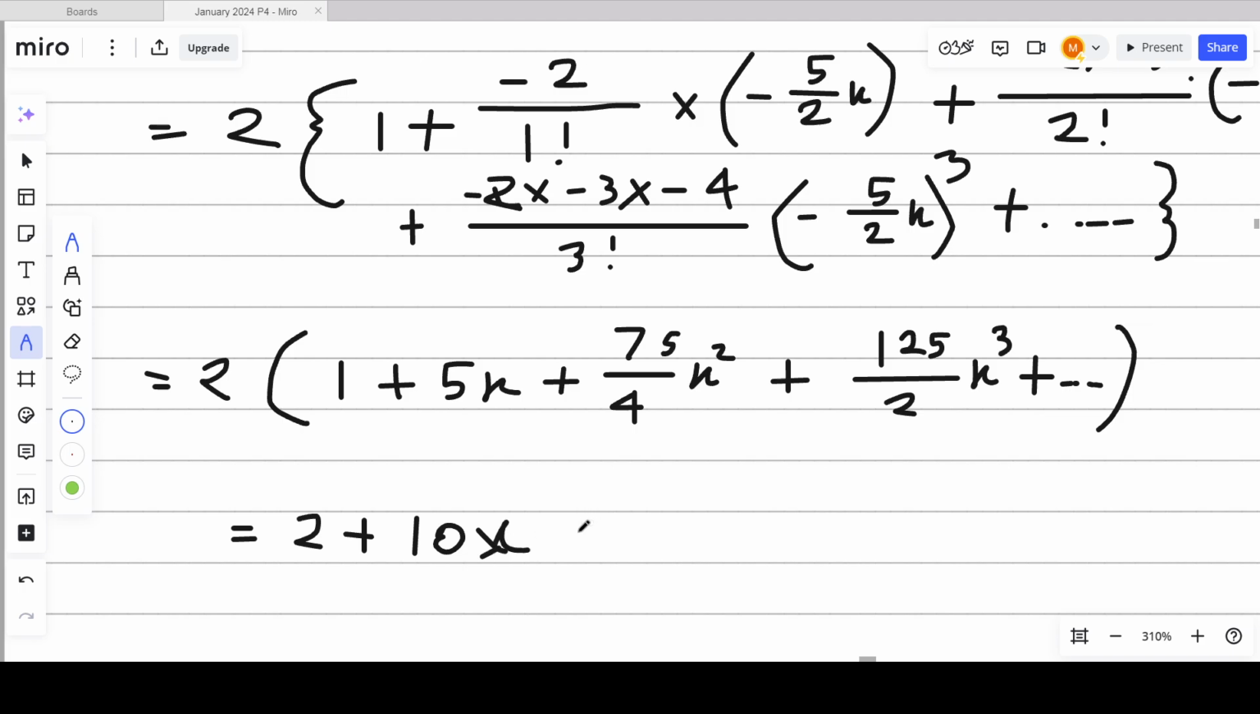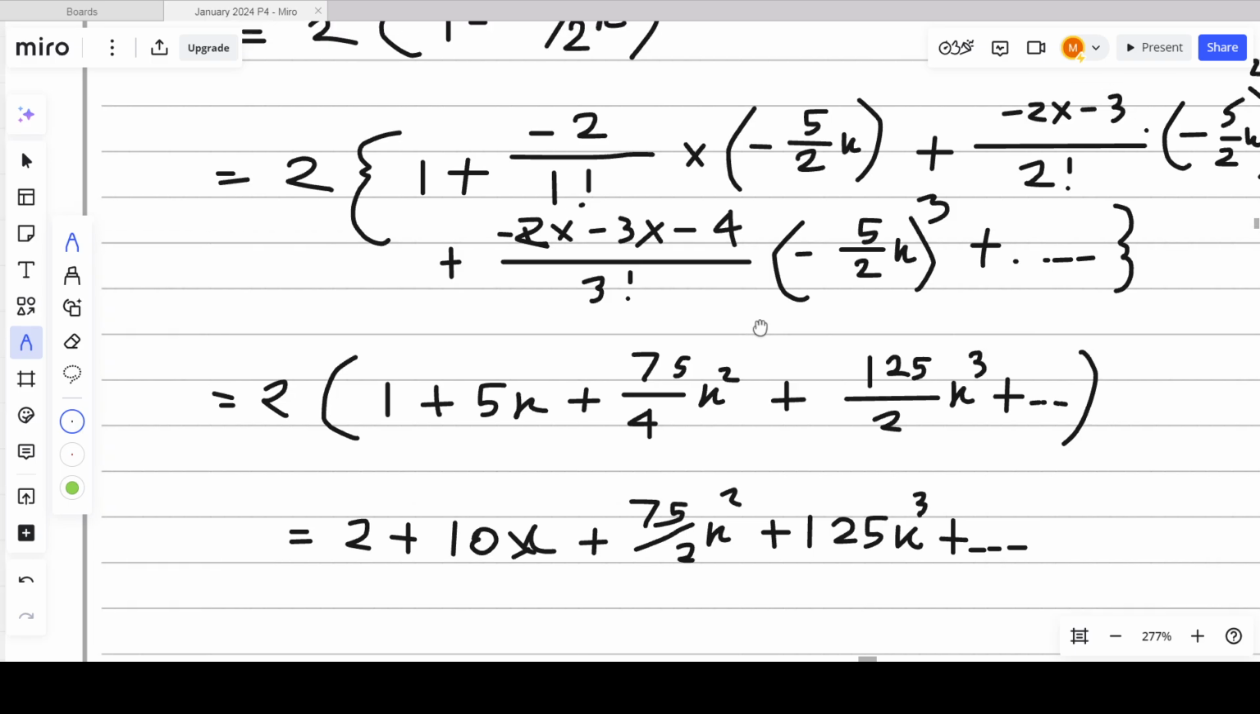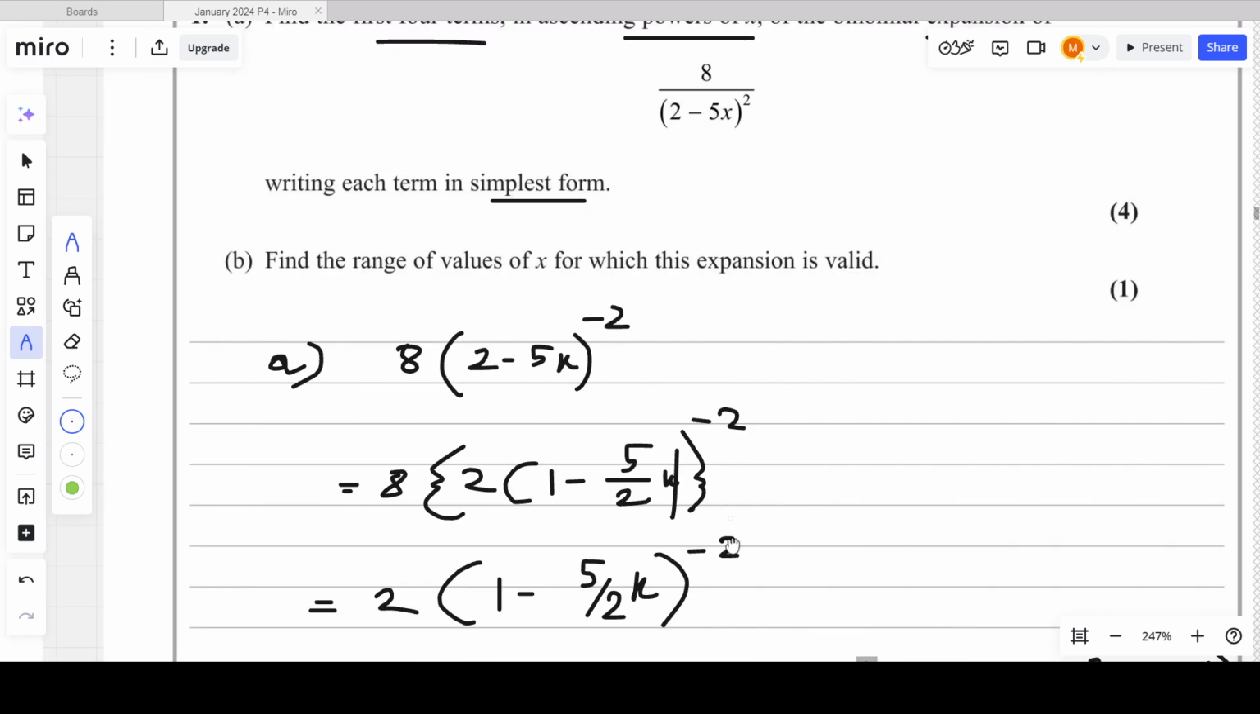Okay, it will be 10x plus what? 75 over 2 x squared, and then plus what? Plus 125 x cubed, plus what? Keep it going. So we got the first 4 terms of this binomial expression, and that's the answer for part